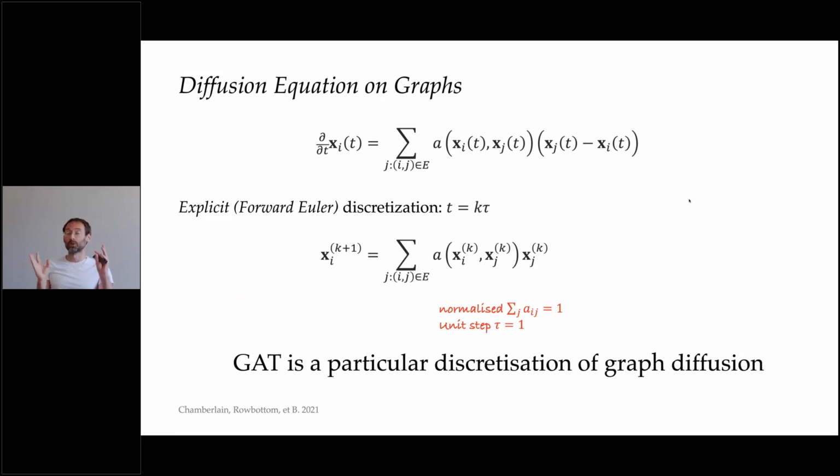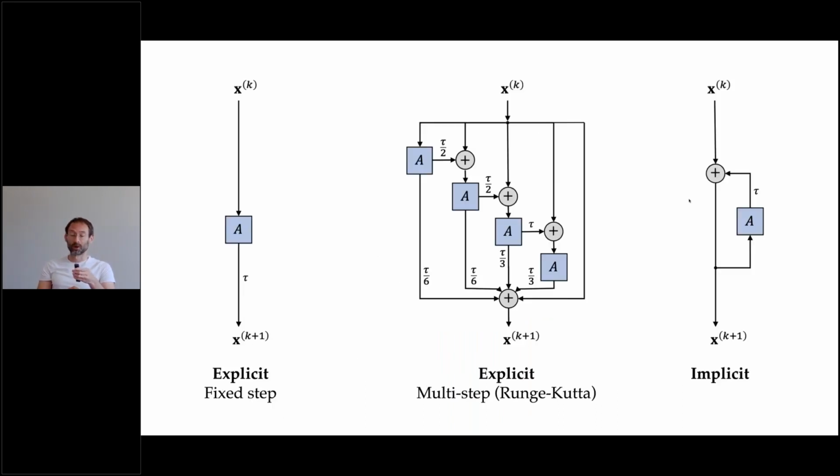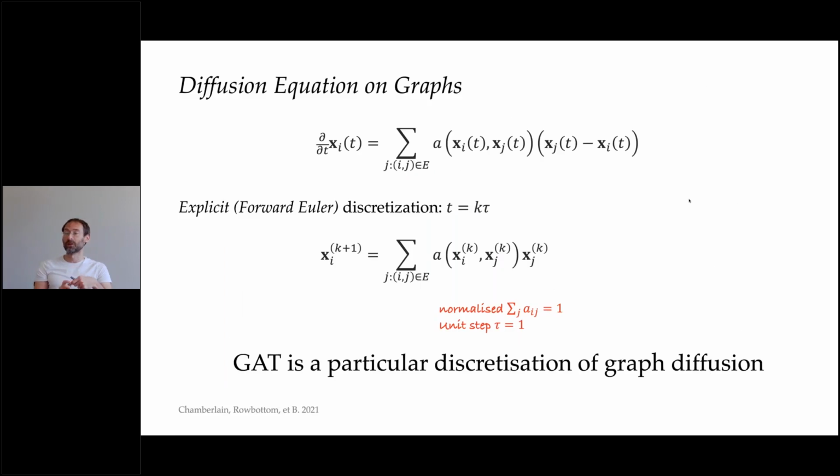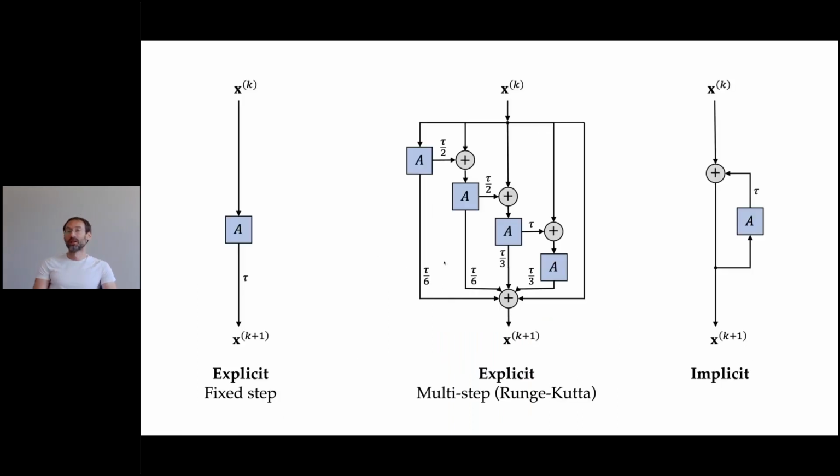So if you want to think of it in terms of neural network terminology, basically we are talking about each iteration being a layer of a graph neural network, and the diffusivity function is parametric. So we can learn it in a way that it solves a given task in the best way. And of course, we don't need to limit ourselves to explicit schemes. We can use, for example, implicit schemes that will require some feedback. We can also use multi-step schemes such as Runge-Kutta methods that are classically used in numerical analysis. This will correspond to some form of residual architectures.